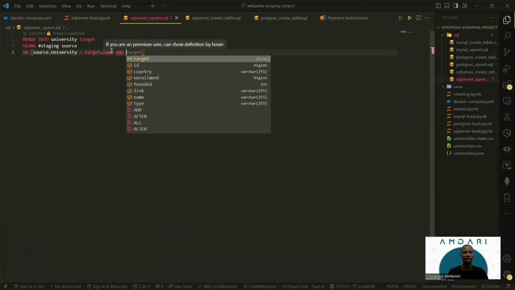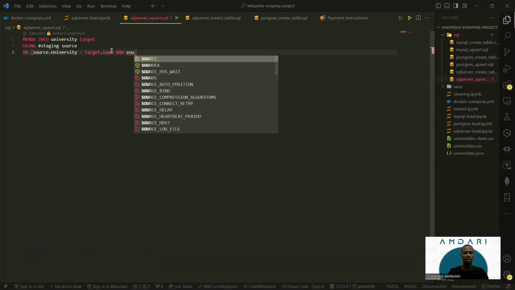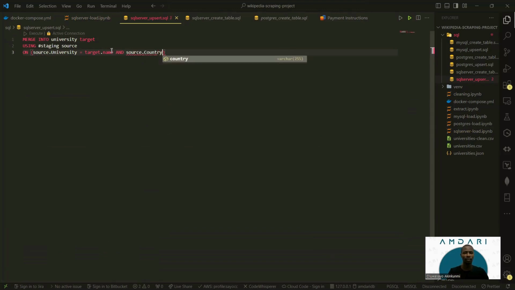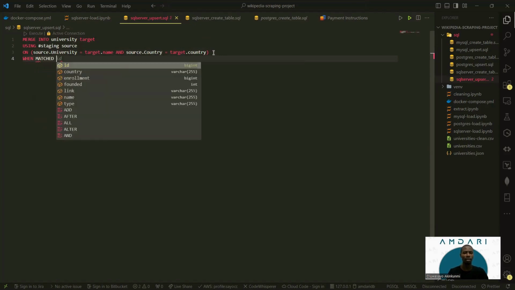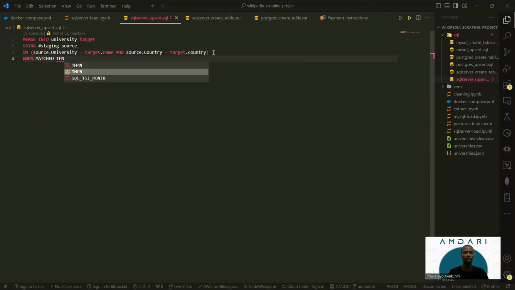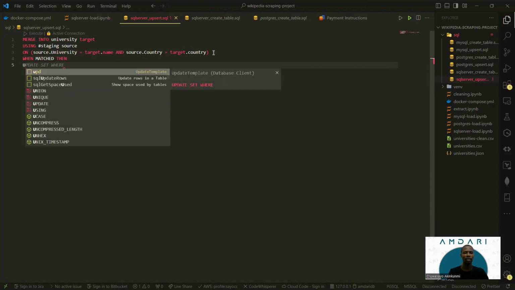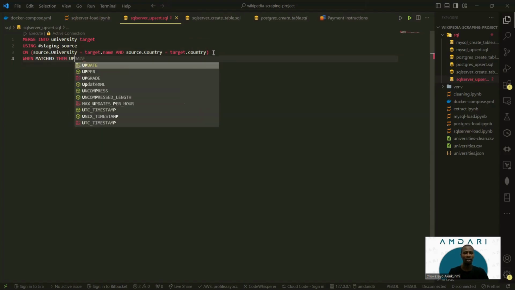So we continue by using and source dot country equal to target dot country, right? So for the source, the country starts with uppercase, but for the target, it starts with lowercase. So I'll continue by typing when matched, then so I'd like to update. So when matched, then update